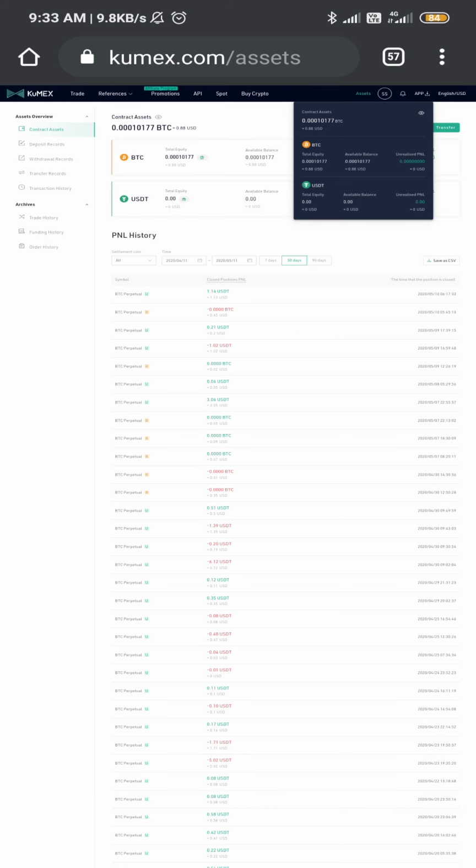Then you will see the funds come into the contract account. And then QMax has provided 4 trading options. I will show the 4 options.